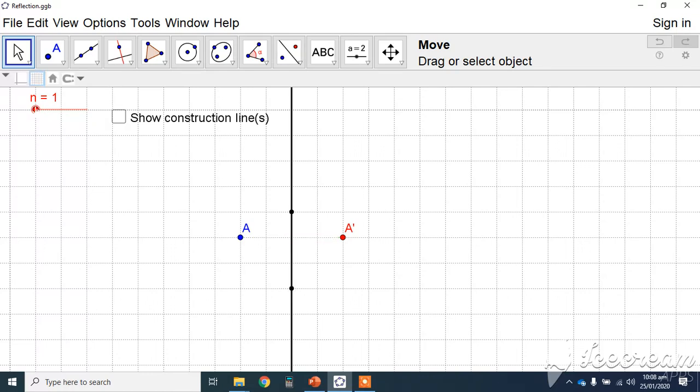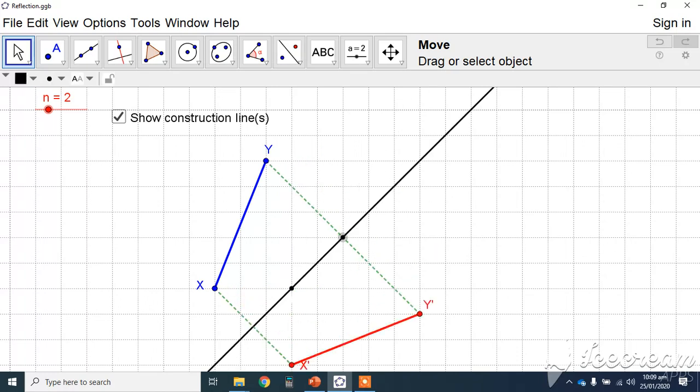Right, let's step up to reflecting a line. Here we have a line X to Y, a line segment it's called. And we are reflecting this line segment in the mirror line. So point X gets reflected to become X dash, and point Y gets reflected to become Y dash. Once again, same thing. Look, if we have X, which is 3 squares away from the mirror line, then X dash is 3 squares away from the mirror line. Point Y is 1 square away from the mirror line, and Y dash is 1 square away from the mirror line. Now, if I got a little bit trickier,